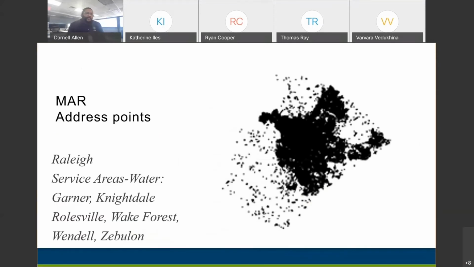And so this screen grab here, I want to give some kudos to David Hunt from Wake County. He provided me these, just a snapshot of a shapefile point layer. This shows the MAR address points sort of in its early stages. And originally the MAR was going to be in support of a new permitting system that the Raleigh launched last